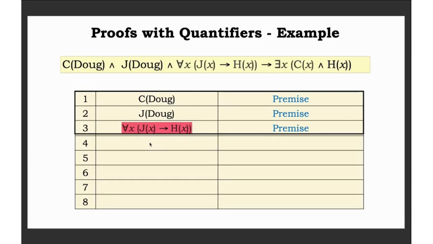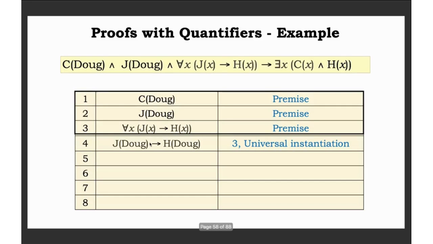Remember, like our computer example, in it I replaced for all people in the class with Mudassir. So in this I can replace x with Doug. I can replace it with Rachel or whatever. I can replace x with anything. This is what I am calling universal instantiation. So my statement now becomes J of Doug,